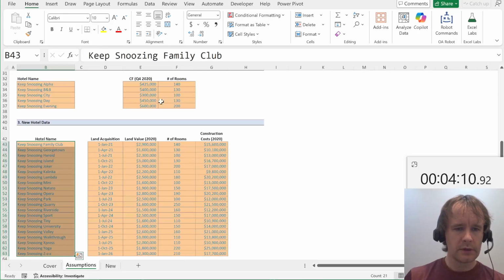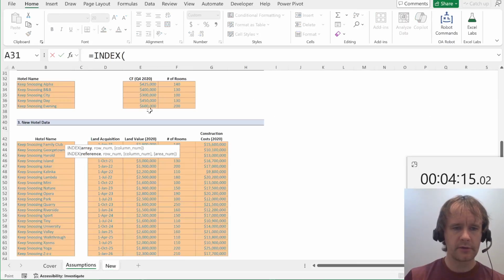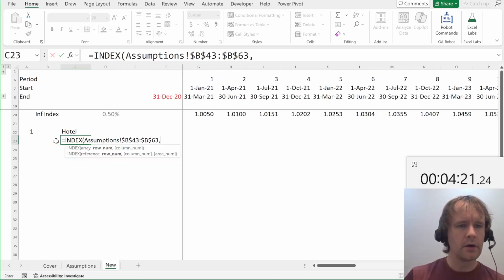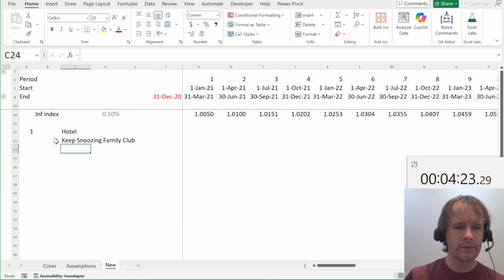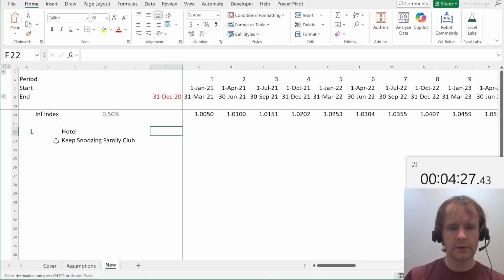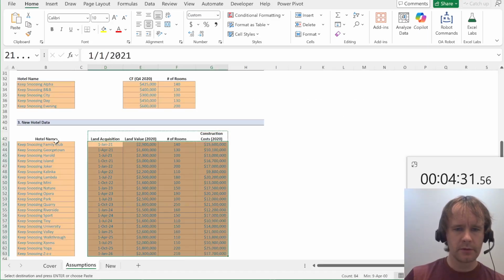So that's what I'm going to do. So the hotel is going to be index this block by A22, and then I want these things, and I'm going to do my,